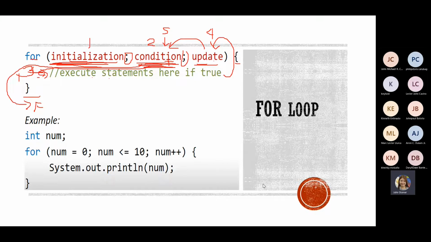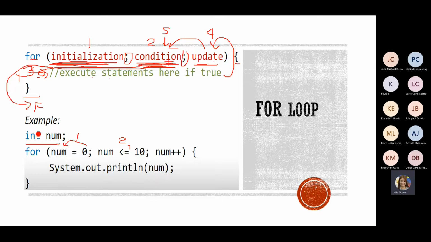Okay? So, for our example in here, we have declared the num outside of the for loop, but we initialize a value here, of course, because that's why it's called initialization. So first, we read this. Then second, we evaluate this. Is num, which is equal to 0, lesser than or equal to 10? Since this is true, then